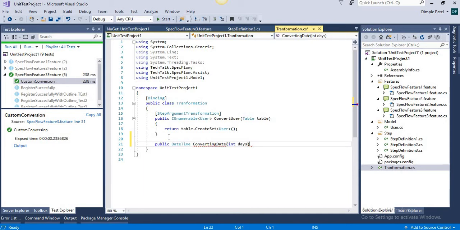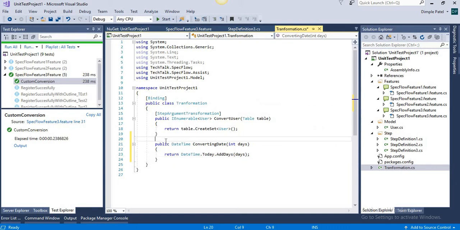We will write days here, and in return, the same logic: return DateTime.Today.AddDays, with the number of days we have already added.